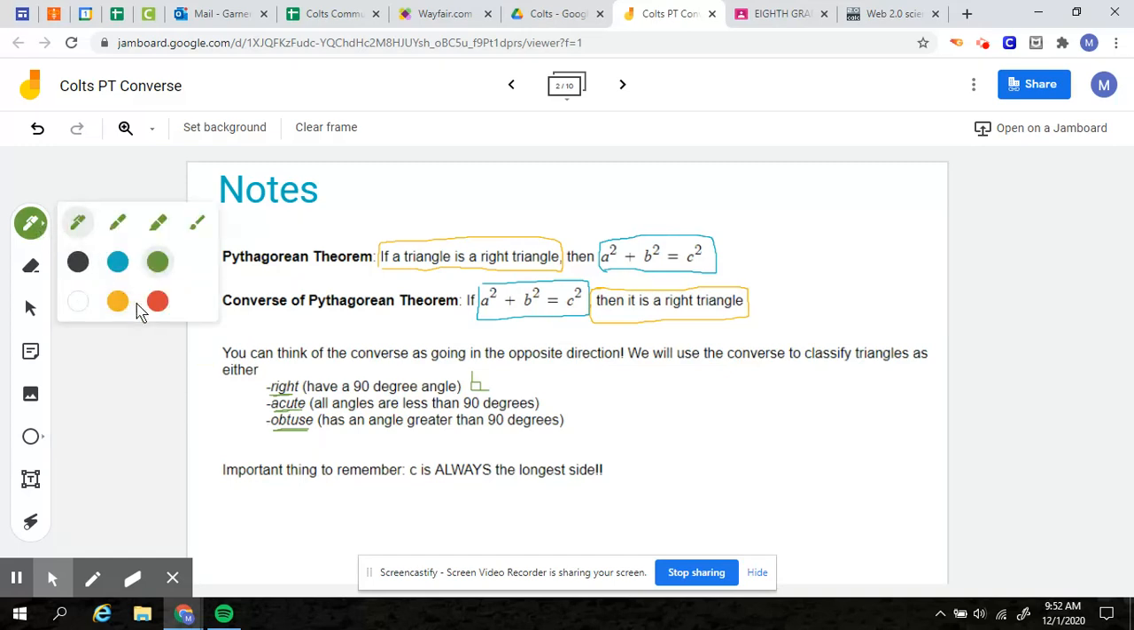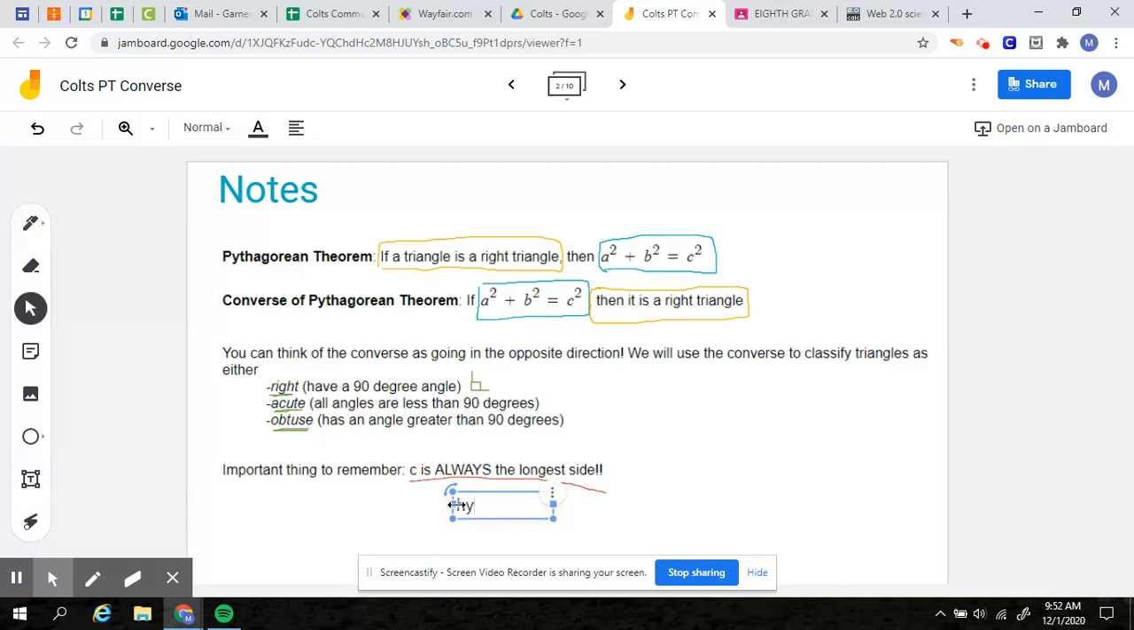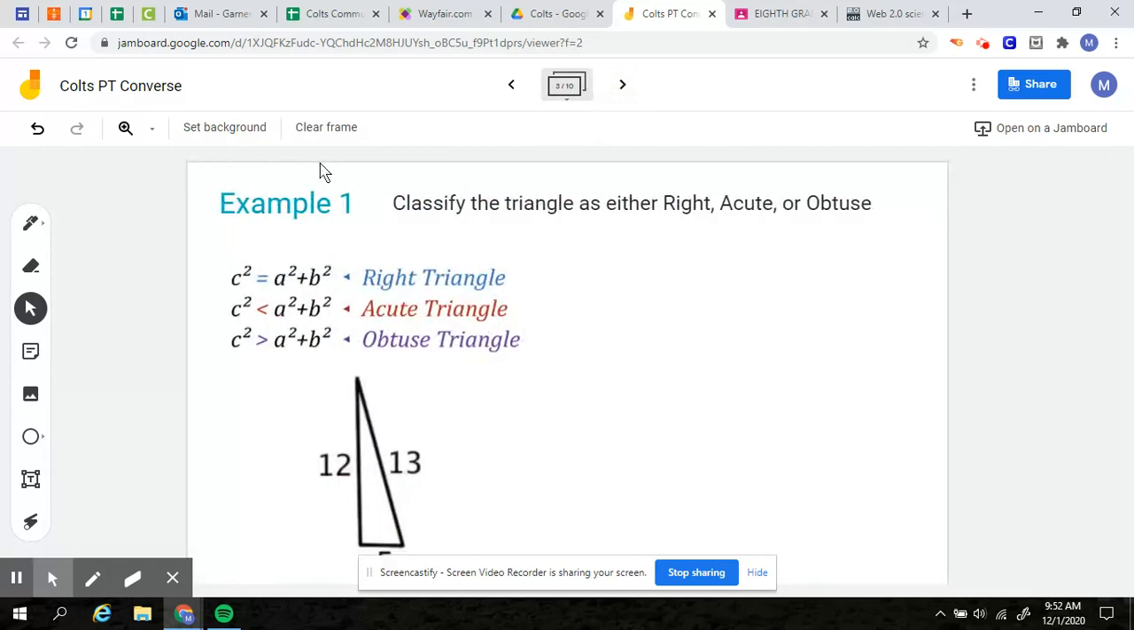The big thing to remember when solving these types of problems is that C is always the longest side. This is because C, remember, is your hypotenuse. That is always the longest side of your triangle. So on example 1 here, you will see that it is asking us to classify the triangle as either right,